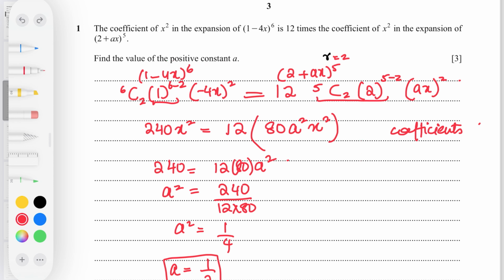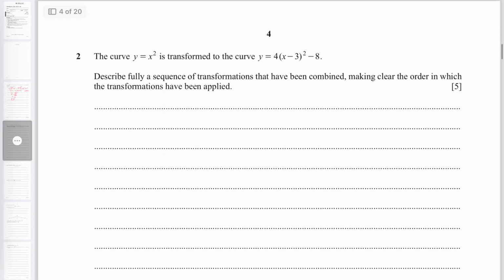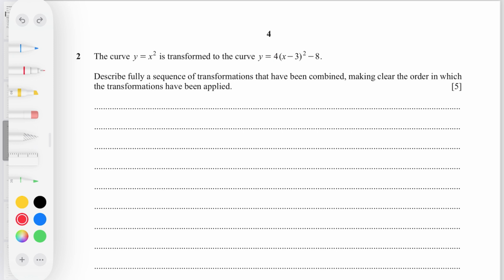Now, let's move on to the next question. y is equal to x square is transformed to the curve. Describe fully a sequence of transformations that have been combined, making clear the order in which the transformations have been applied. Remember, the stretch is applied first and then we go ahead with translations. So if you look at this,